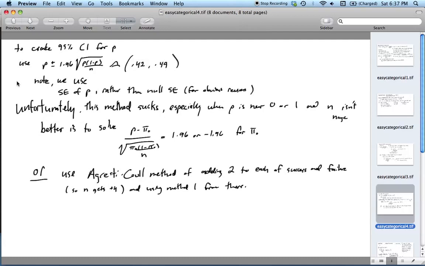Then he shows us this, but then he goes on to say that this method is actually bad, especially if the proportion is near 0 or 1, or if n isn't very large. So then he shows us that it's better to solve this equation for pi naught. So what's the purpose of this? Well, this will basically give us